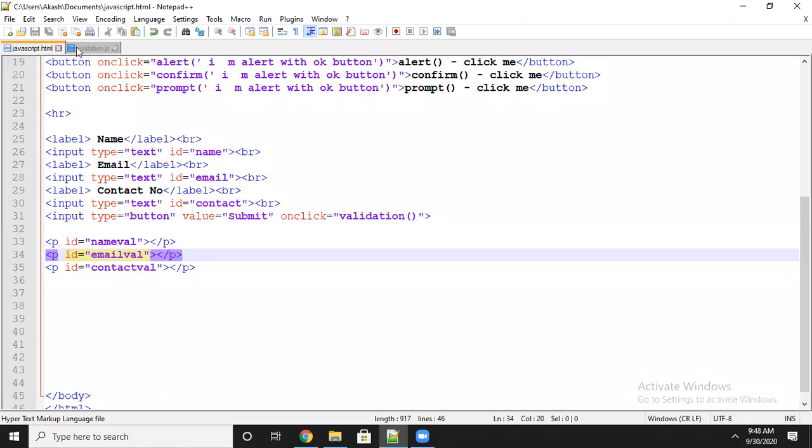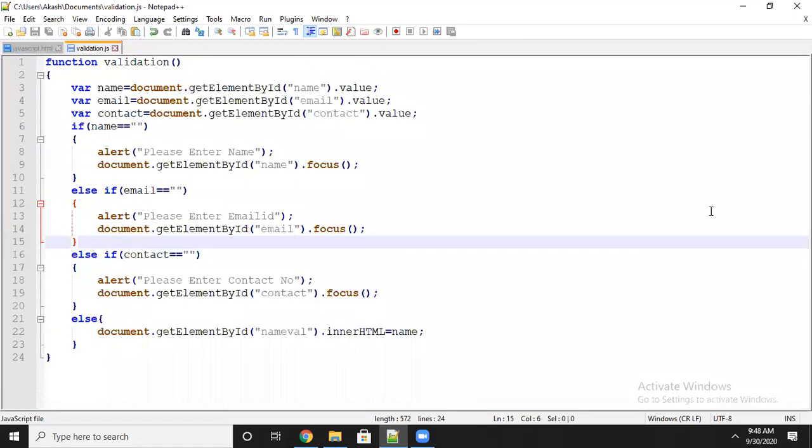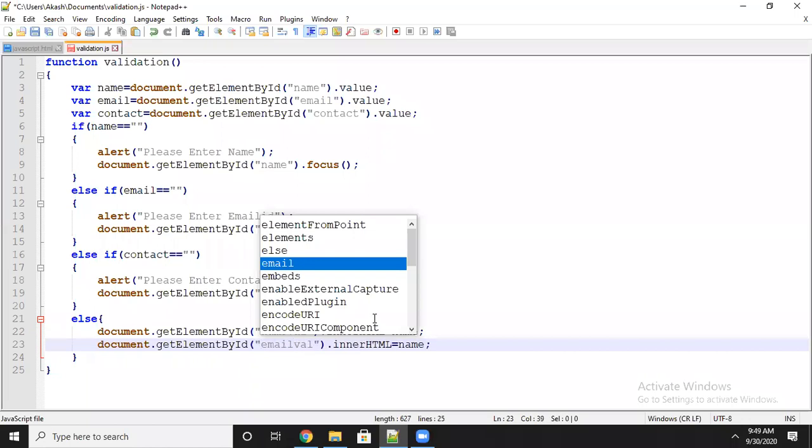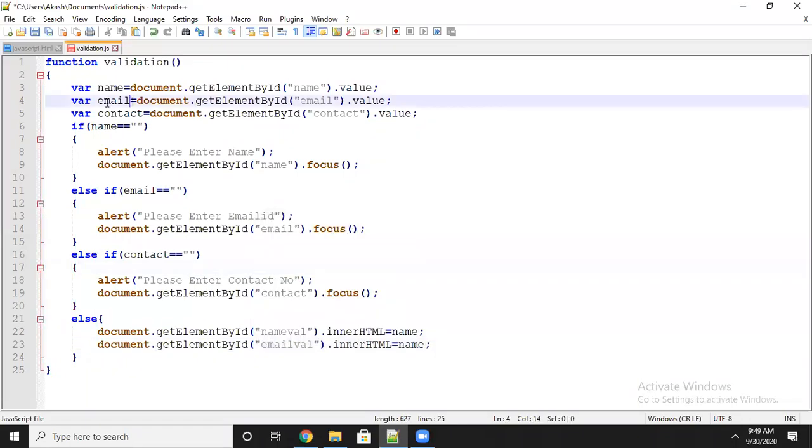I have to define these under the else to pass the values that will come here. The second one is email val. For email val, which value are we passing? The email value. Then we have to capture this variable. In the same way, next we need contact.